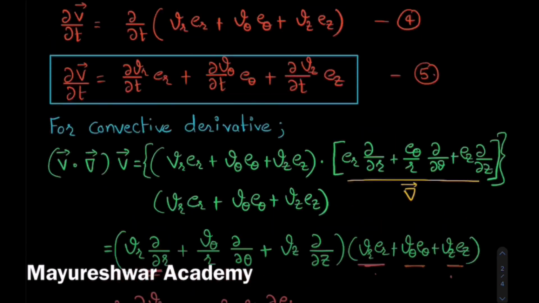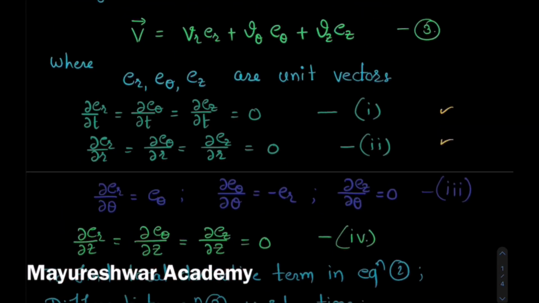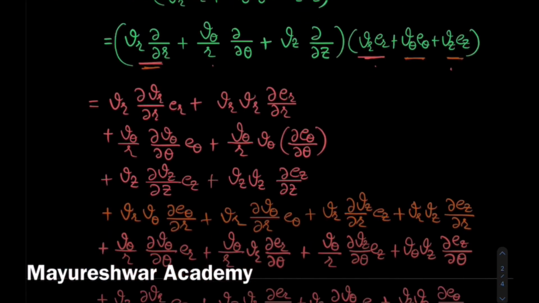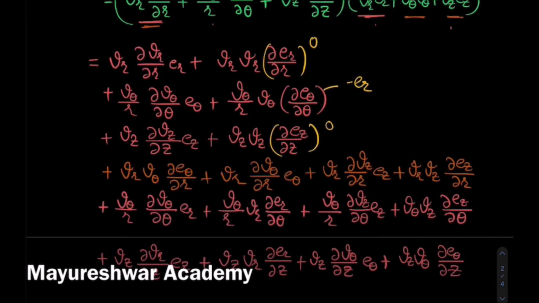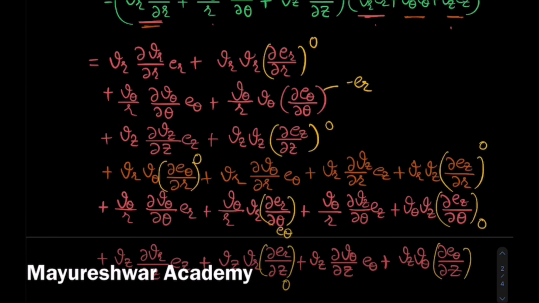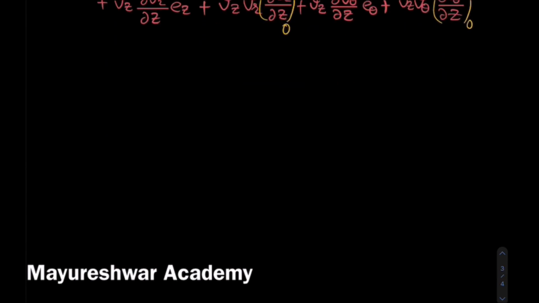So let it be an equation number. Okay, so these two terms we have used, or rather all the three equations we need to use. So this term will be 0. Similarly, the theta derivative along the theta direction will be negative e_r. Then this term is 0. The e_r differential with respect to r is again 0. So all these differentials will be 0. Similarly, this term will be e_θ. So this term will be 0, and this term will be 0 again along z. So all the unit vector components along r and z directions are 0.